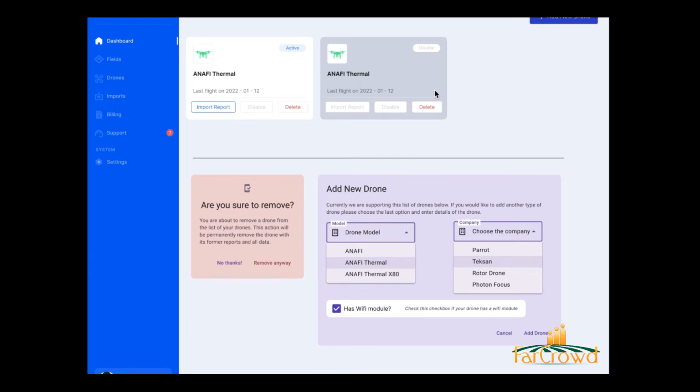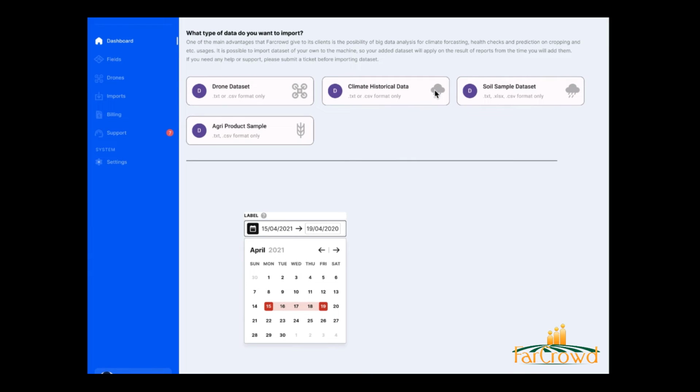Then we would be able to connect somehow to the drone and read this information based on each flight that is going to have. Well, as a farmer, it would also be possible to add some data sets of drones, or some historical data of climate, and some soil samples as a kind of data set, and also the sample of the product that you're planting on each field,